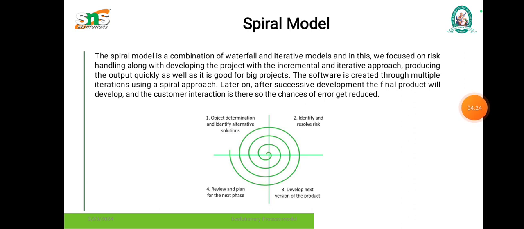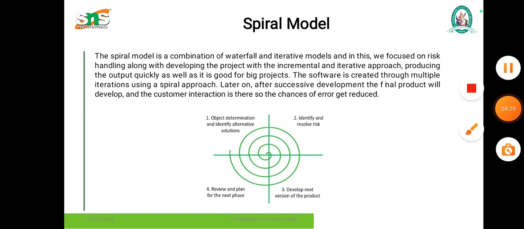errors get reduced. The spiral model has four stages. The first is objective determination and identifying alternative solutions. The second stage is to identify and resolve the risk. The third stage is to develop the next version of the product, and the fourth stage is to review and plan for the next phase. These are the types of